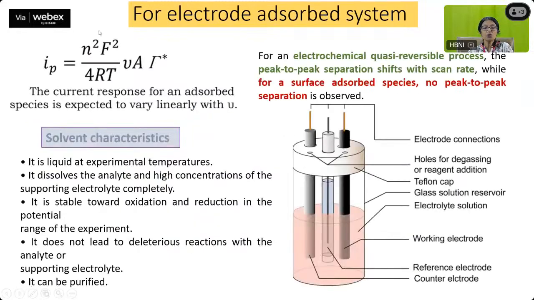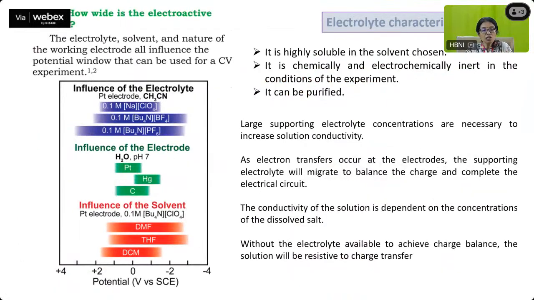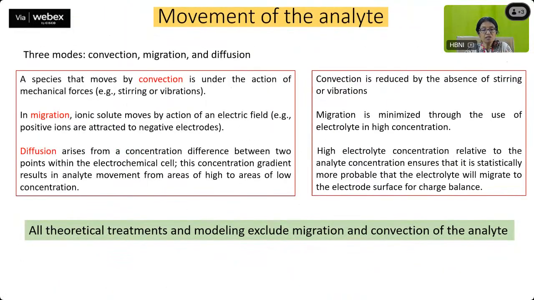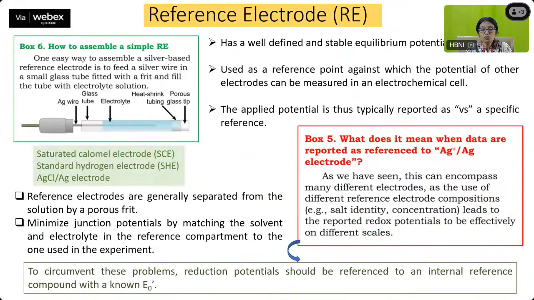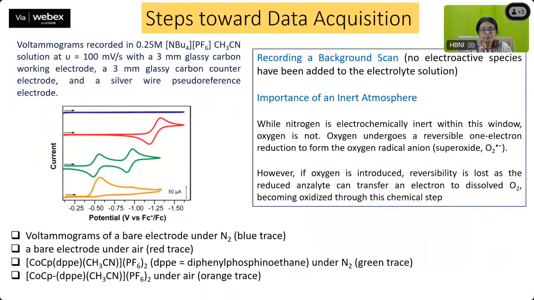So now for an electron absorbed system, this is how it is going to look. The different solvent characteristics, as you can see over here, this is not very important. We will not spend much time on this. So what we will go into right now is basically